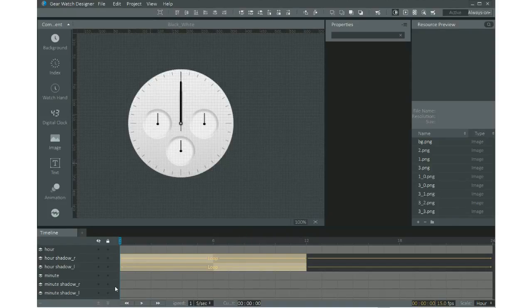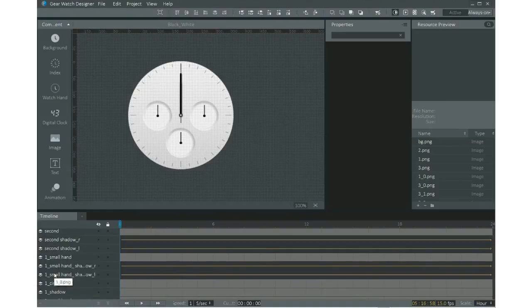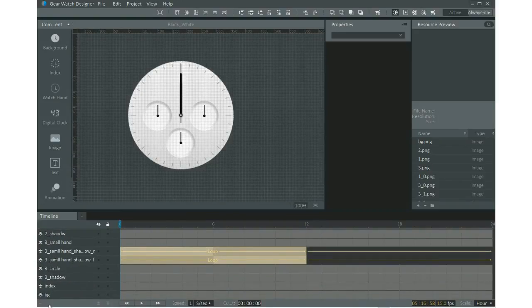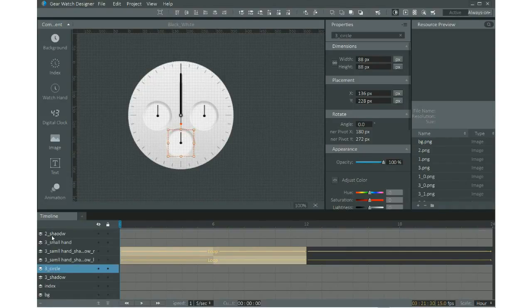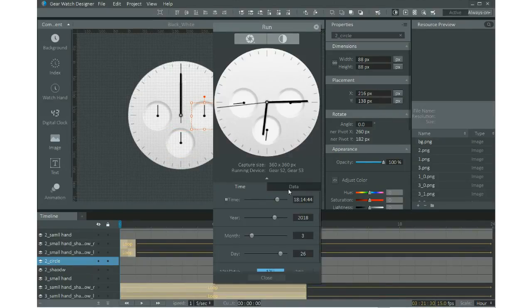As you can see, there are three circles. In the layer window, you can see there are multiple layers because they are using shadow for all the watch hands, minute hand, second hand, and also they are using different layers for the circles. As you can see, there are 3 circles and there is a shadow. There is a circle image and there is a shadow image for that as well. So when you look at these circles and see how the gyro X works, when we change the gyro X and Y value,